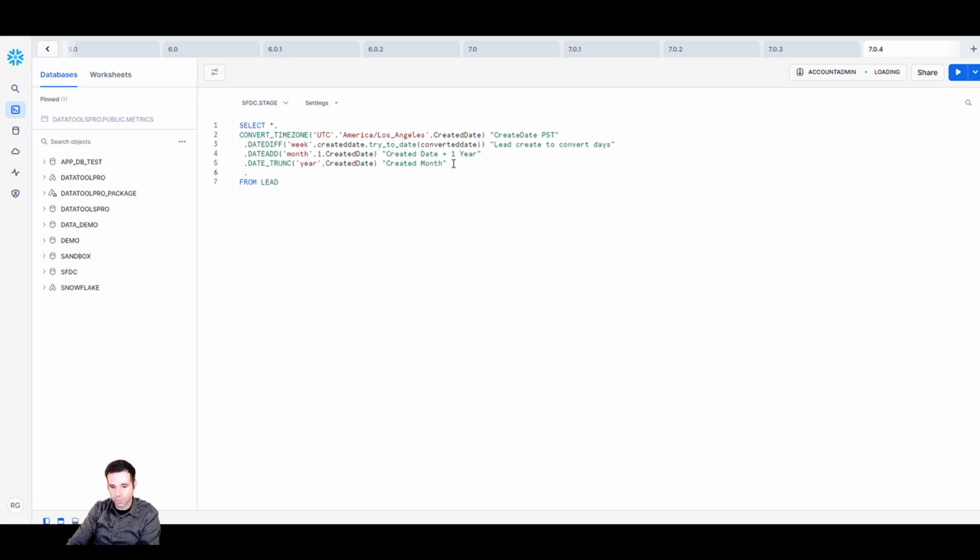So we're going to use the function last day. And then you can see that this function is slightly different than some of the previous, where we actually give it first the field name. So we're going to start with created date, and then we're going to give it the date part. So in this case, let's give it month,